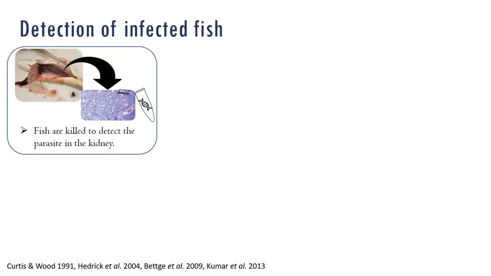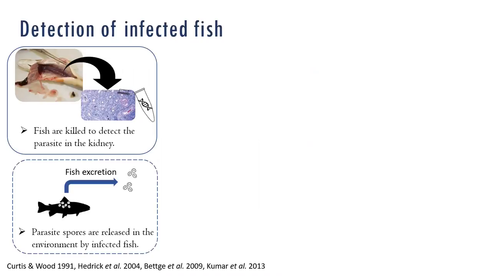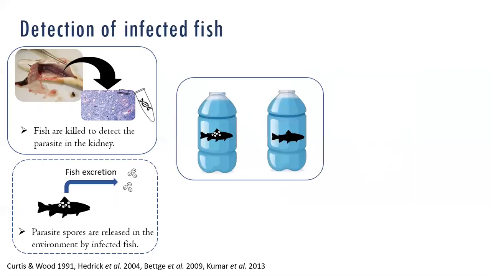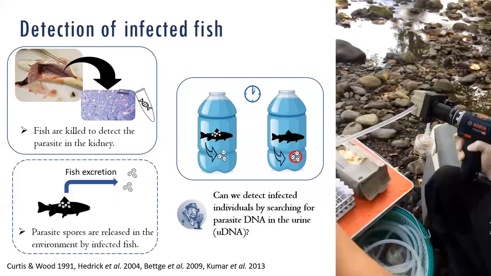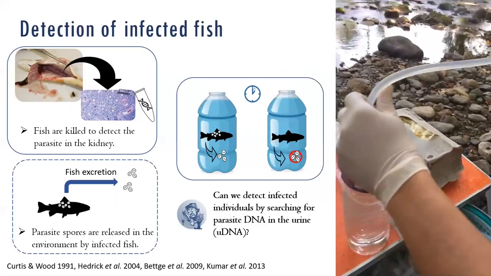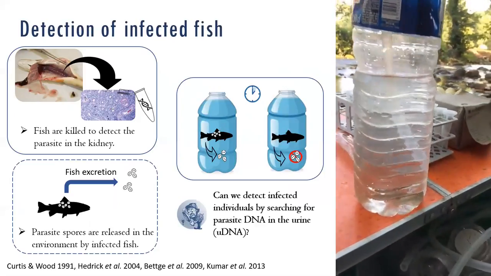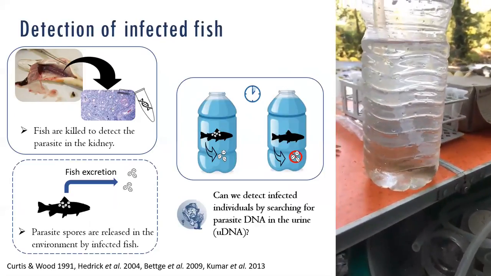this disease's dynamics. So to deal with this issue, we have developed a non-lethal method for detecting the parasite in its fish host. Knowing that infected fish release parasite spores in their environment along with their urine, we put juvenile brown trout in small volumes of non-contaminated water and waited for them to excrete. We expected that an infected fish would release parasite spores, or at least parasite DNA, with their urine. And after filtration in the field, DNA amplification out of the filter would thus be able to assess fish infection